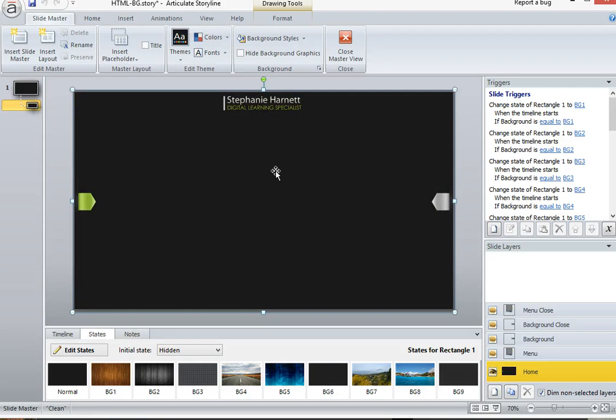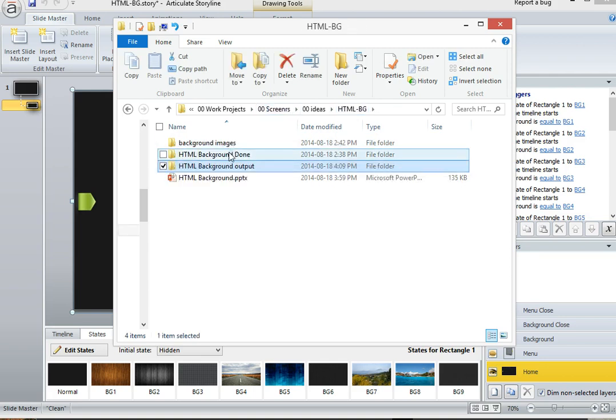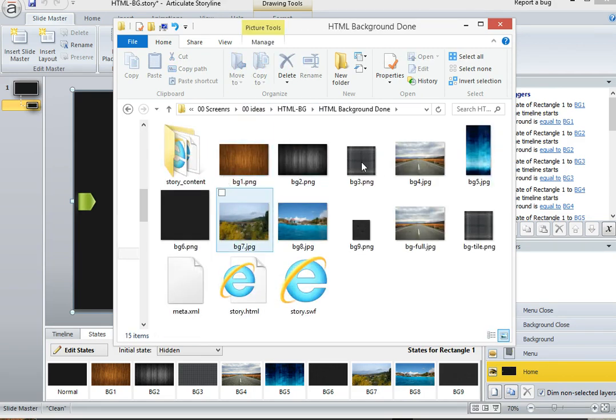So there's not anything else to do within Storyline. You just publish that out. And then the only other thing that you need to do is copy your images. Like the first one that we did, you have to copy all your images into the root or into a folder, depending on how you want to configure that, so that when you actually launch it, it can find the image file itself. With this one here, I've actually done that. I've copied the images in, and I didn't make any further changes to that story.html file other than what we did with transparency. And then if I double click and fire that up,